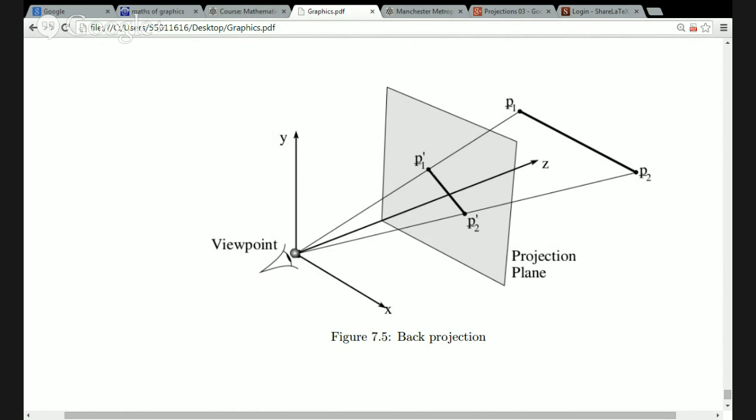You see, when lambda equals 1, you're at the point p1 prime plus nu times p2 prime minus p1 prime. You're at the point on the projected line on the projection plane. So between 0 and 1, you're between the camera and the projection plane. When lambda equals 1, you're actually on the projected line on the projection plane. Then when lambda goes beyond 1, you're going out beyond the projection plane, and at some value of lambda, you're going to intersect with the actual original line in the environment. So this light ray intersects the original line when